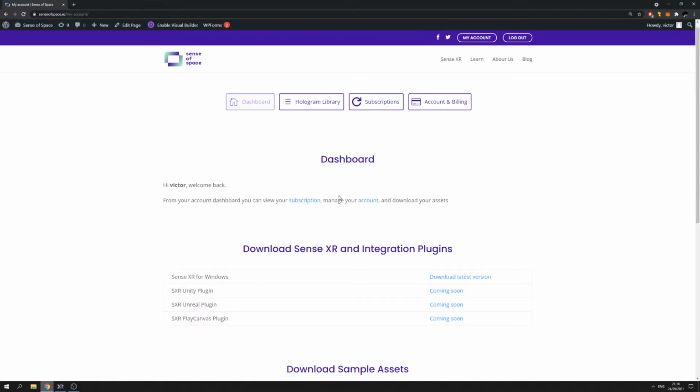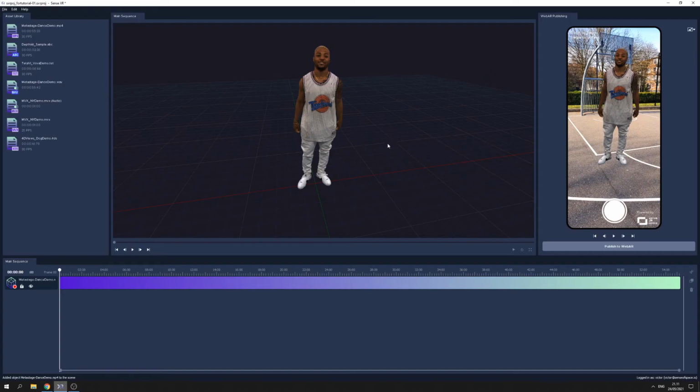So first of all, make a new account at senseofspace.io, and here you will be able to download SenseXR and also download sample assets, and you will also have access to your hologram library, your subscriptions, and your account. Once you download SenseXR and you open it for the first time, you can come to File, Import, and you